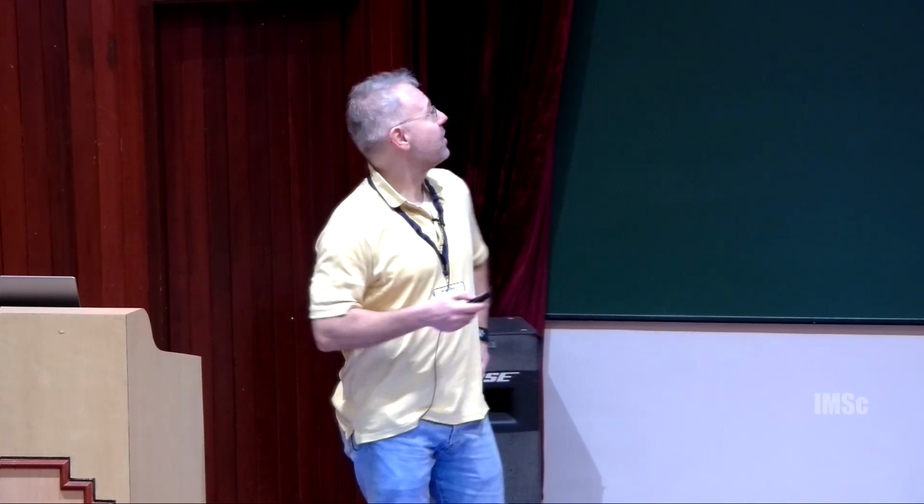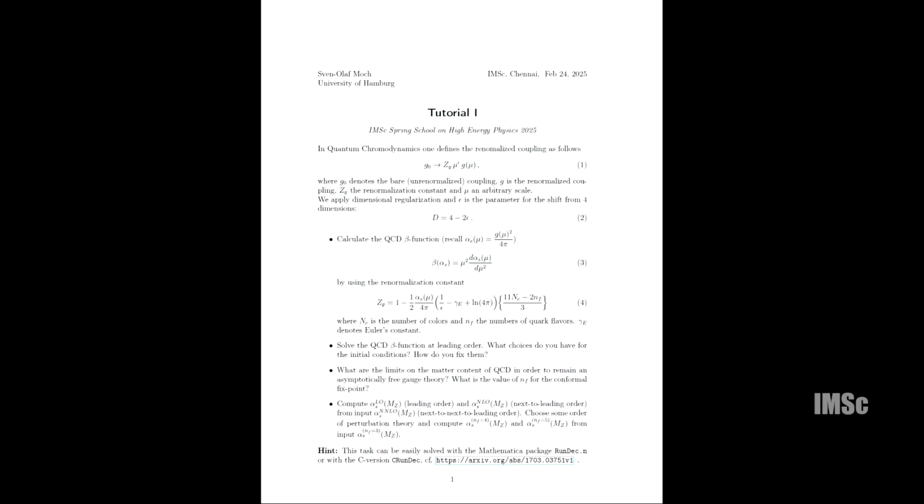So basically, for the theory to be asymptotically free, you have to have a negative beta function, because otherwise the coupling would grow in the ultraviolet, and this is not what we want. For the beta function to remain negative, you look at leading order, at the beta naught coefficient, which is 11 over 3 times NC minus 2 times NF. In QCD, NC is 3. Actually ChatGPT knew this without me telling it. So this is 11 minus 2 times NF.